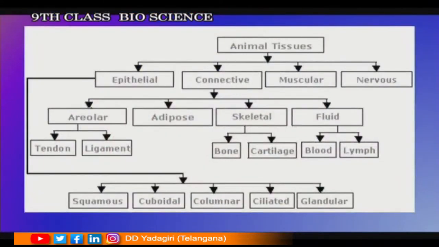What are the types of fluid connective tissue? Blood and lymph. Apart from this, we will be learning about the muscular tissue and nervous tissue. So, before going to the topic, there is an activity given in your textbook, children. Activity 4. In this activity, they have asked us to go to a doctor or a scientist and ask a few